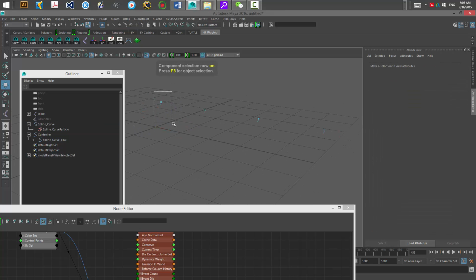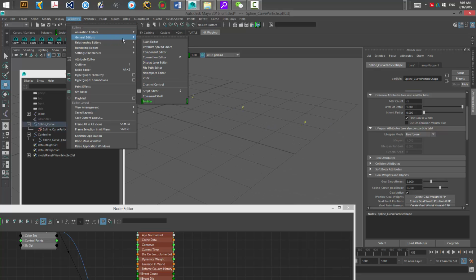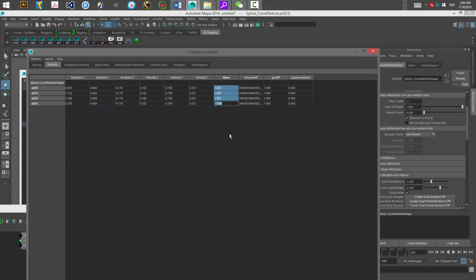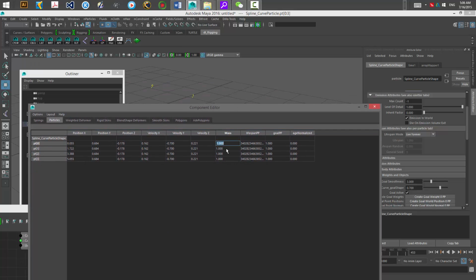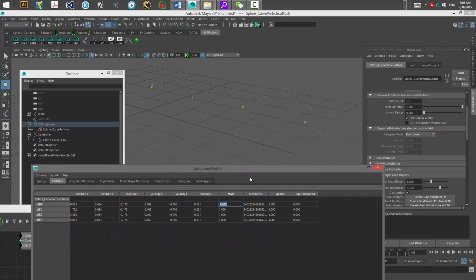Let's go to the component mode, and let's try to select the points. Should be able to select them. Okay, now you can select them. Maybe we need to tweak some of the parameters of the particles. You need to enable this, so you can select them in the component mode, and then let's go to Window, General Editors, Component Editor, and in the particles tab you can see they all have a mass of 1. Because we can change them in here, we can have a different value for every particle. So that's what we can utilize to control